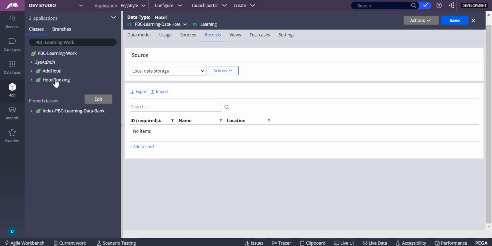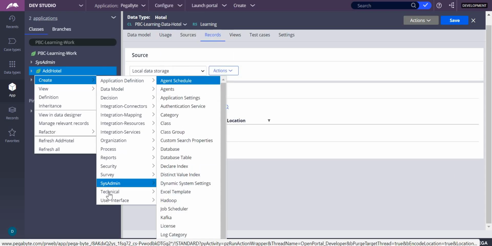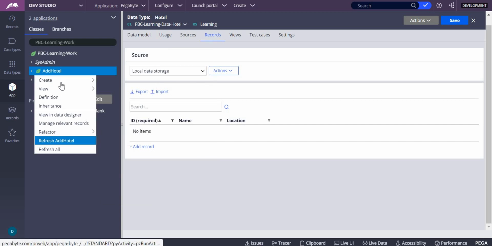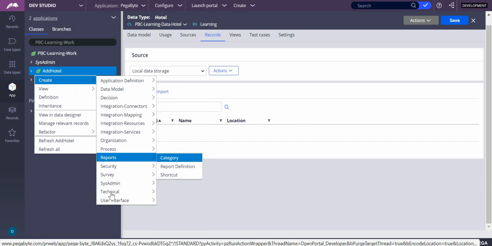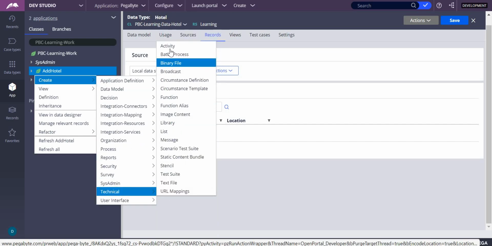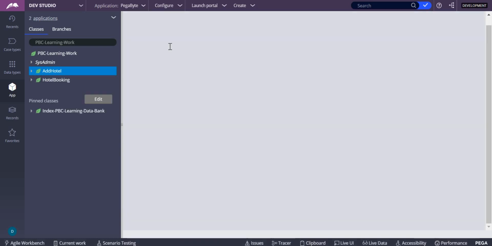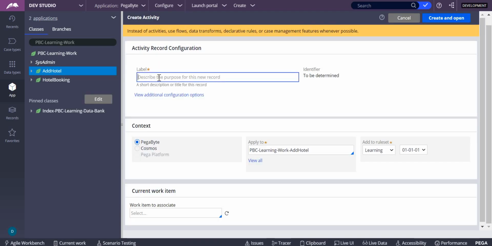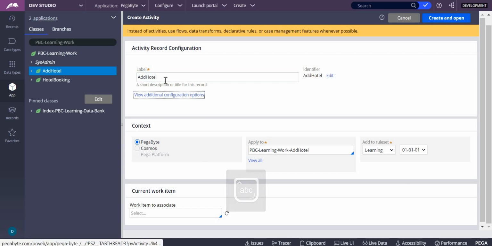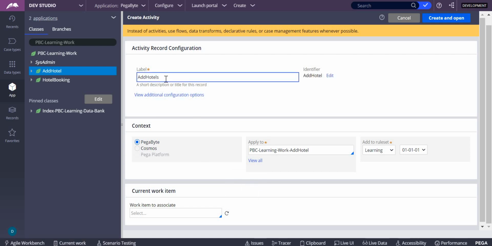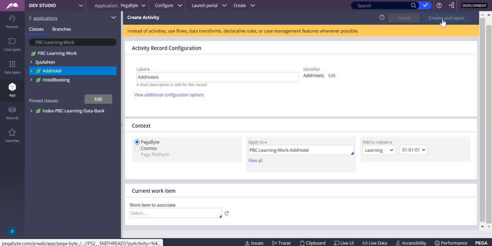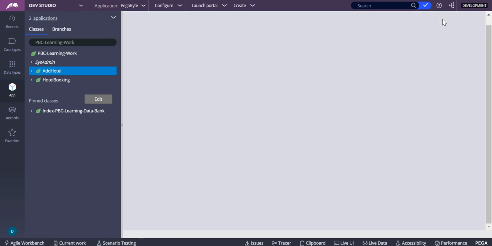Go to App Explorer, in add hotel, right click on this, create technical activity. Here you write add hotels. It's not a single one, it's multiple. So create and open here.